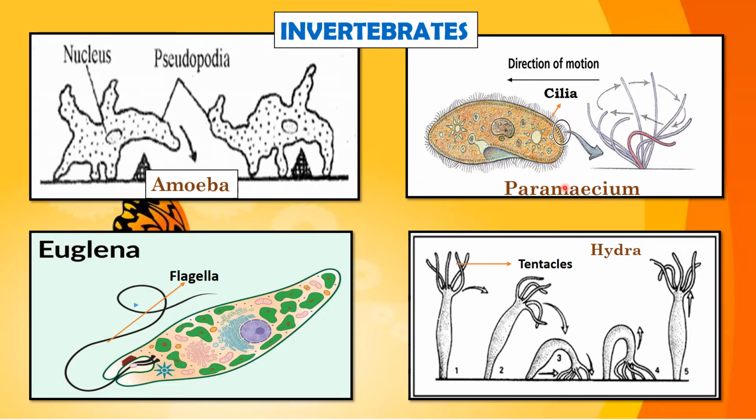Next is paramecium. Paramecium is another unicellular organism which lives in water and moves with the help of fine hair-like structures called cilia, which are present all over the body. The cilia make the body move by continuously beating. Next is Euglena. Euglena uses flagella for its movement. The next is Hydra. It is an aquatic multicellular organism which moves slowly with the help of its tentacles. The hydra shows somersault in movement.